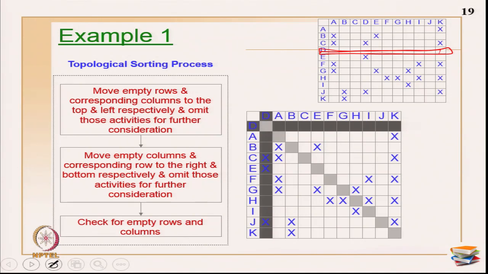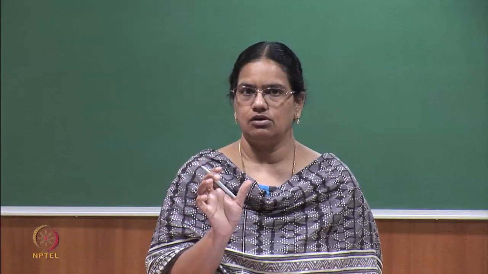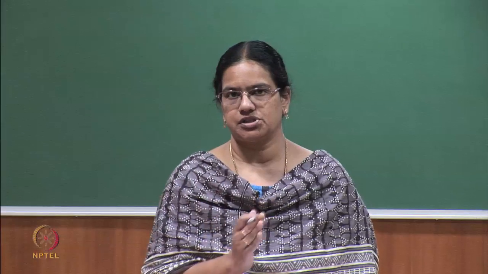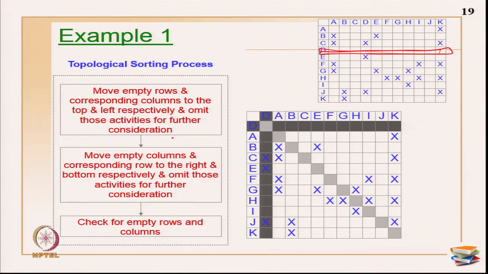You can use Excel sheets for doing this, or there is software also available which can help you to do the partitioning process, okay. So, I have moved my activity D to the top and left, because I have to pull out both my rows and columns accordingly. So, just cut off that row and the particular column, move to the top and push all the other activities, and you will obviously get this matrix if you do it manually. Otherwise, you can run a small VBA program and still go through the exercise, okay.